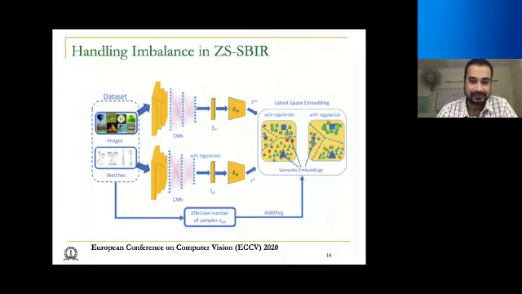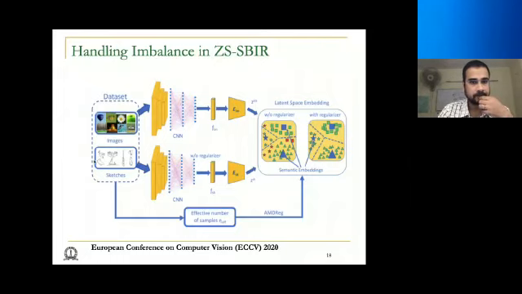Yes. So what we did in this work is that we saw that there are already very good approaches available for zero-shot sketch-based image retrieval. So we really didn't want to modify the approach as such. We just explored whether it's possible to come up with a very simple add-on module which can be incorporated in the existing ZS-SBIR approaches to just handle the imbalance part. Obviously, if you come up with a better ZS-SBIR approach and then incorporate this, your results will be higher, but that was not the focus of this work.